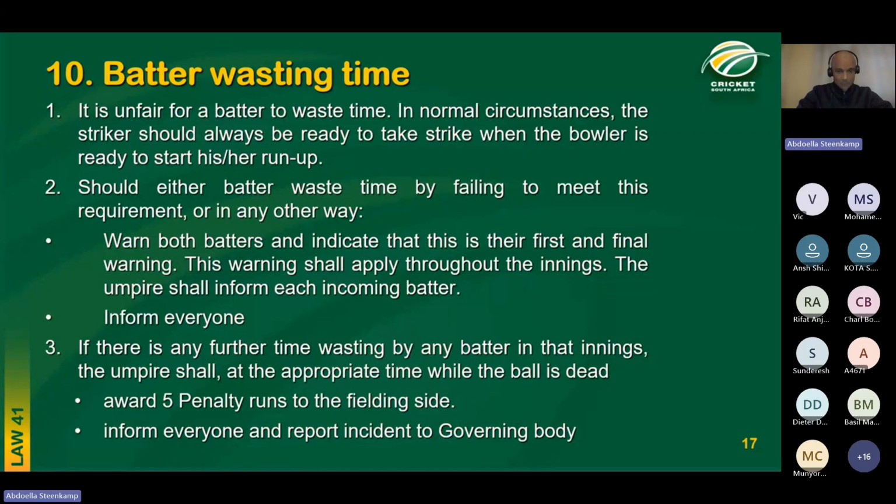Again, when it comes to wasting of time, whether it's batters or fielders, take the match situation into account before applying this. If it's the morning of day one, I don't think the batters would want to waste time. There would be no reason. If they are slow, you can tell them, batters, you need to hurry up. But if this is day five, there's rain around, they're trying to survive. Now the match situation dictates, okay, they would want to waste time. So please take that into account and not just apply this theoretically.